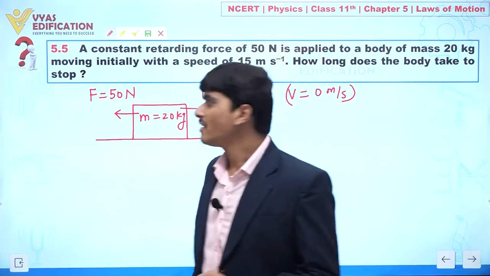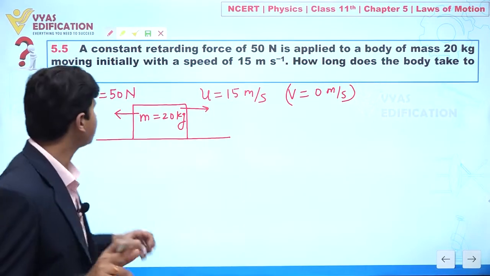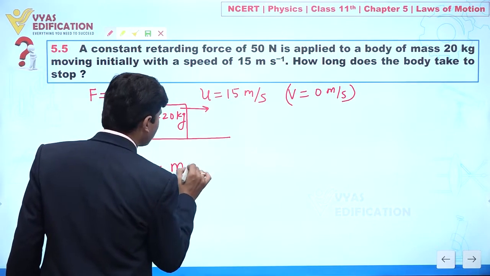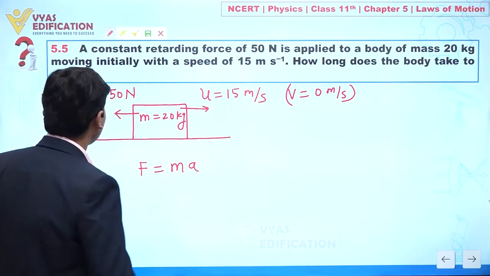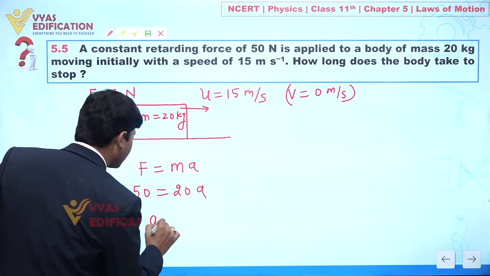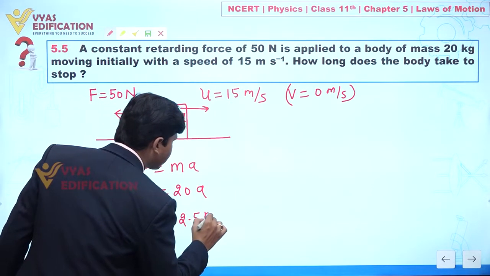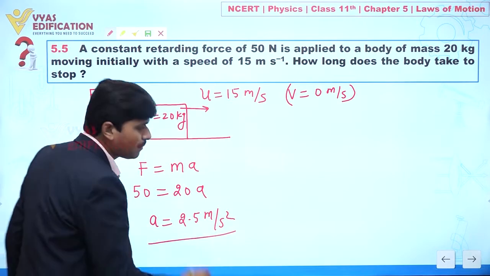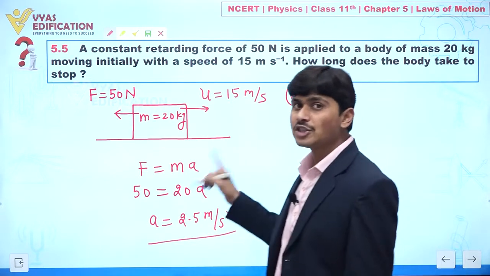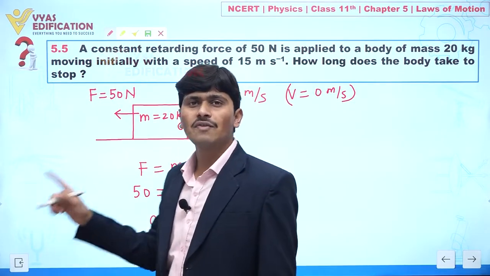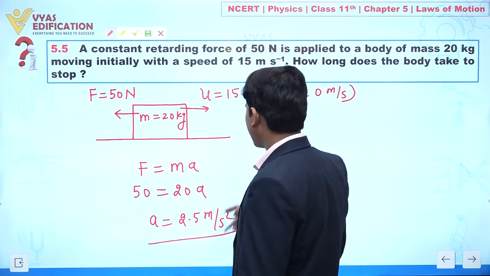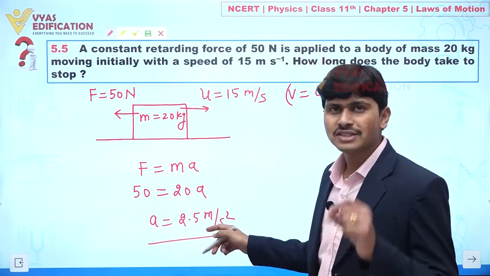Clear? And definitely one force acting on this body is 15 Newton. So I can write like this, F equal to m into a, mass into acceleration. Force is given here, this is 15, 20 a. So from here we can say a equal to 0.75 meter per second square. Now keep in mind this acceleration is acting in the opposite direction of motion. It means this is not an acceleration, this is retardation. Clear? So now you can say here we have constant acceleration.